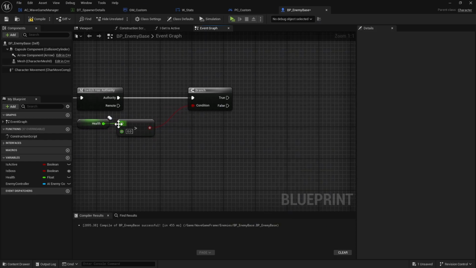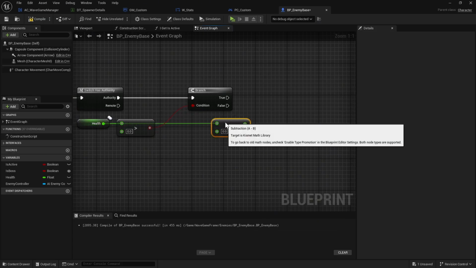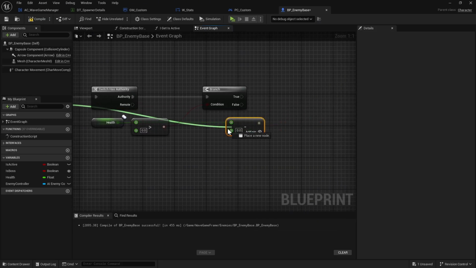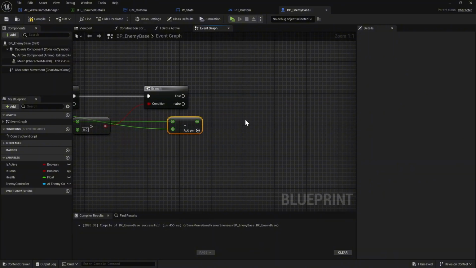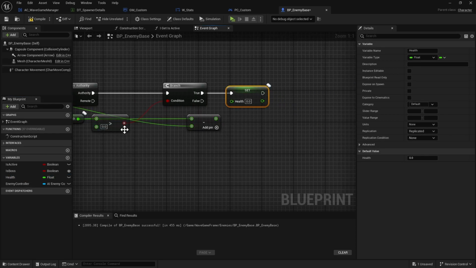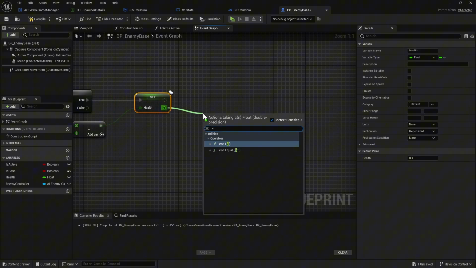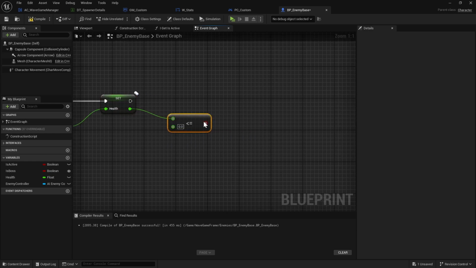And this is a very simple health system. This is nothing complicated, no shields or armor or anything like that. We'll be building one of those in another series to attach to this, but it'll be its own standalone thing. So we're going to subtract, obviously, the damage from health, and we'll put that into health, so that's our new health. If that new health is less than or equal to 0, then we have died, so we're going to